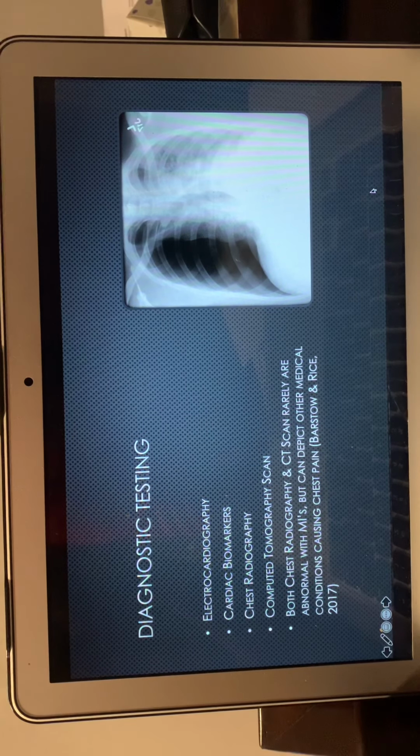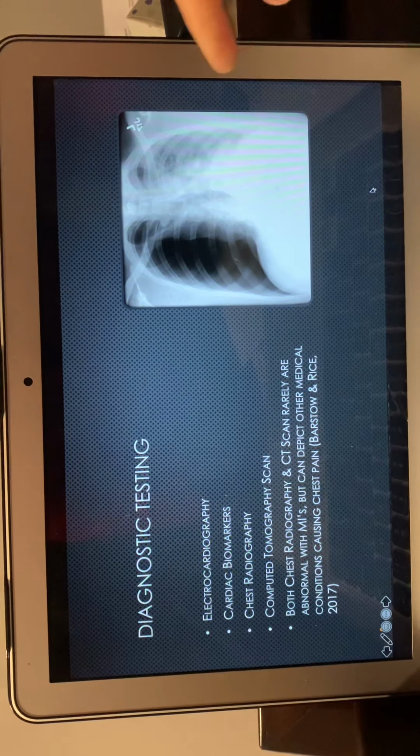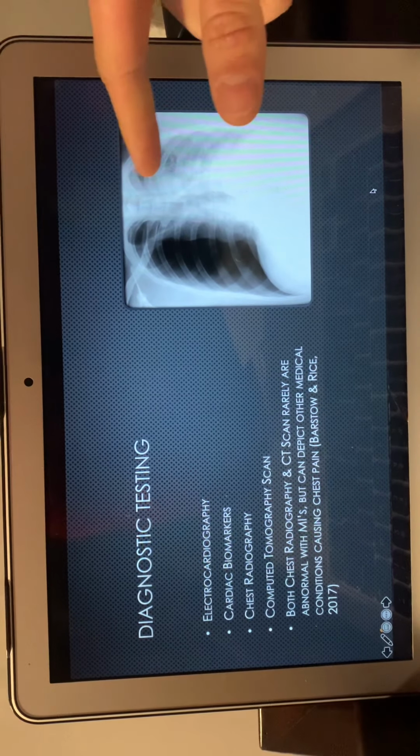And then you might also see these patients get chest x-rays, CT scans. Those aren't really utilized to look for myocardial infarctions, but rather to cross out other conditions that can pop up and cause chest pain, and basically go through what other conditions you might think are going on other than a myocardial infarction. So as here you can see on chest x-ray, you've got a tension pneumothorax in the left